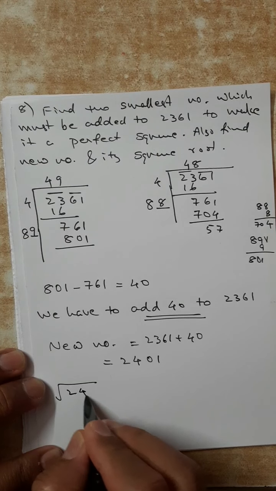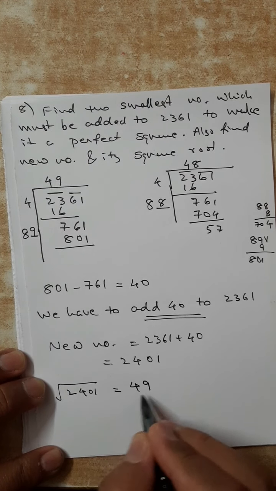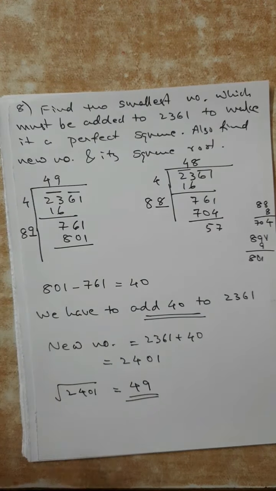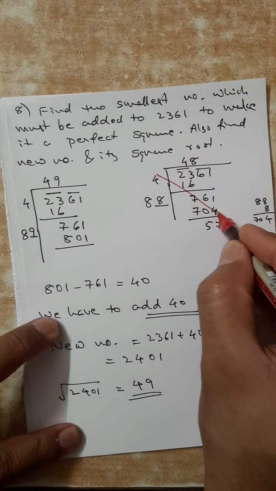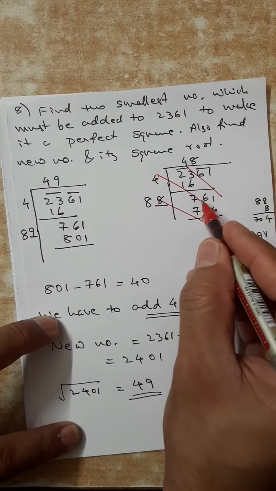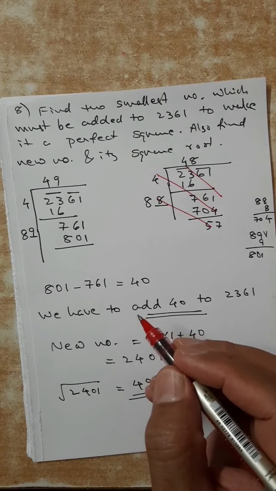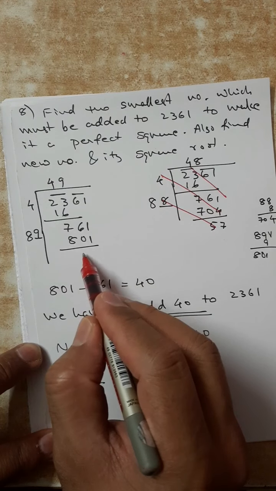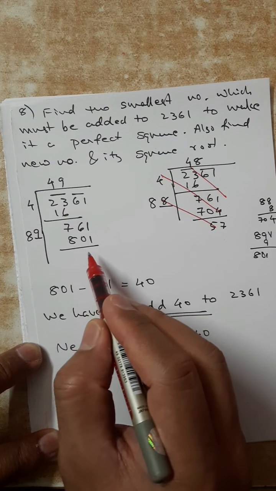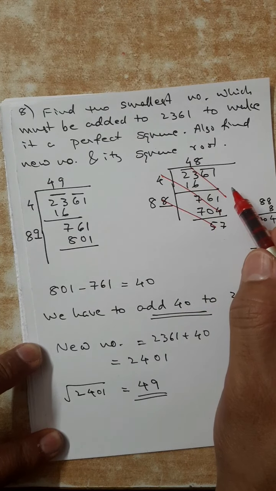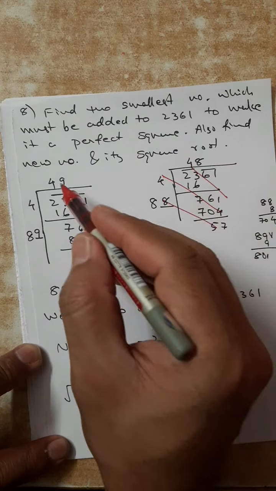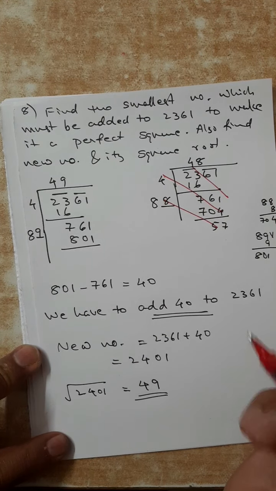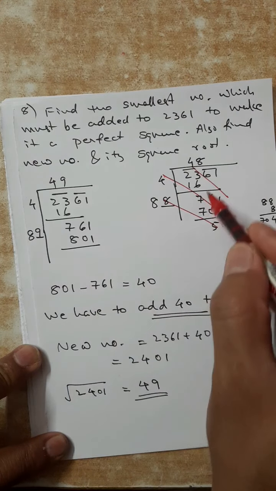The square root of 2401 will surely be 49. No need to do it again because what was less has been given to this. So 49. Now the question is whether you will do both. No need. This one is not necessary. Just for explaining only I did this. Another thing. It is not a correct division method for finding square root. That is why I didn't do a subtraction here. I didn't complete it. It is a technique which I applied. I know the correct square root method. So instead of doing the correct process, I did a little adjustment so that I get my answer. Understanding? So this is not completed, and you need not do both.